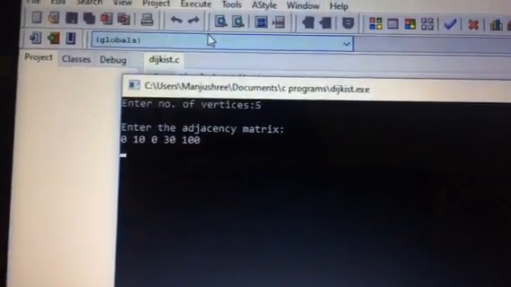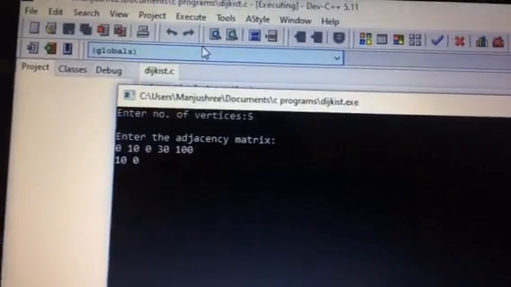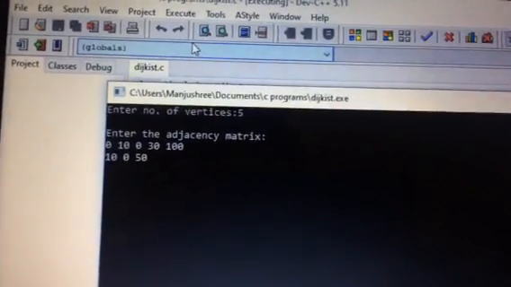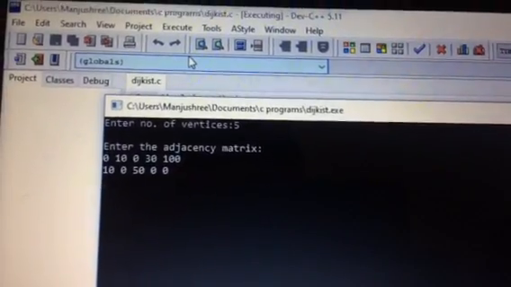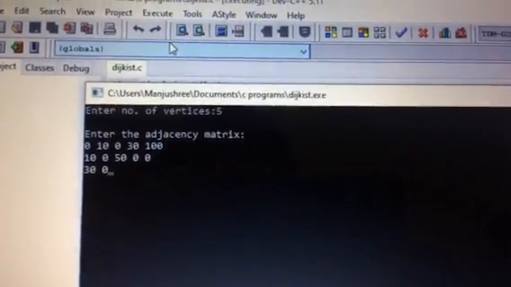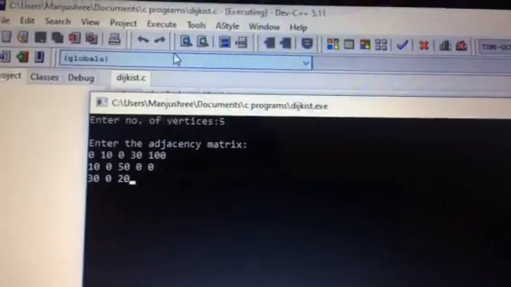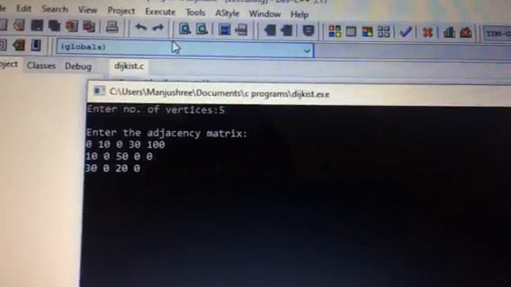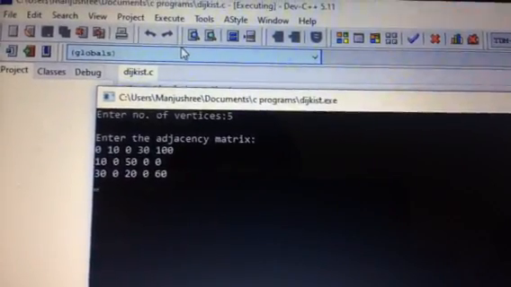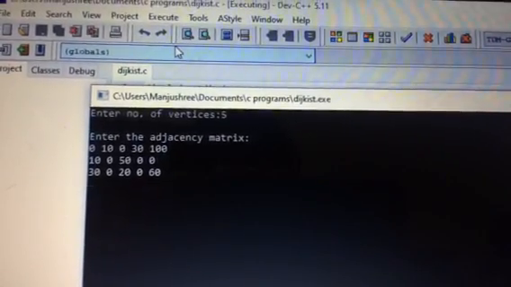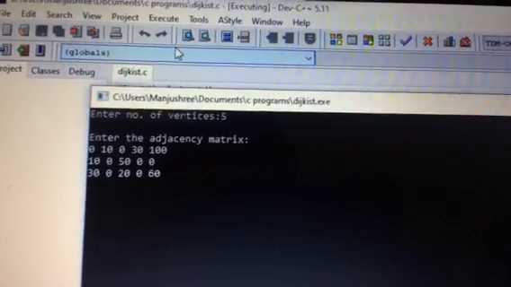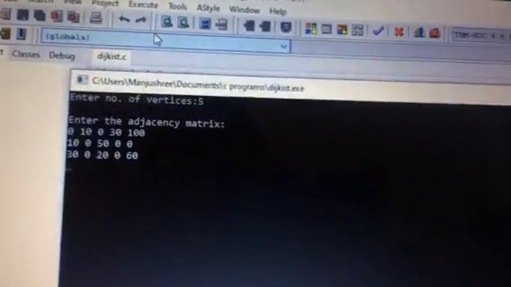Next is 10 space 0 space 50 space 0 space 0. Next is 30 space 0 space 20 space 0 space 60. Enter. Next is, sorry, I have missed it, so I'll execute it again.